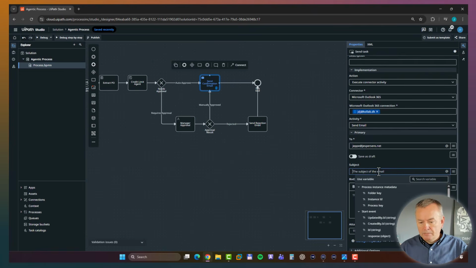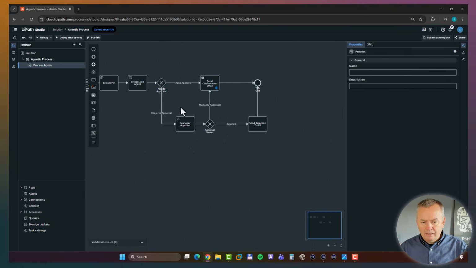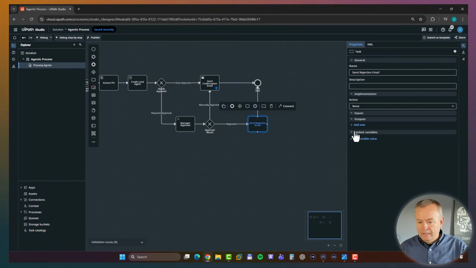I can say that the subject is PO and then the order ID was approved. All good. I can put in the body of the email like that. Now, I want to make sure, for some reason it switches to save as draft here, so it doesn't actually send the mail. I'll just switch that off, and then I'll go down to the send rejection email,